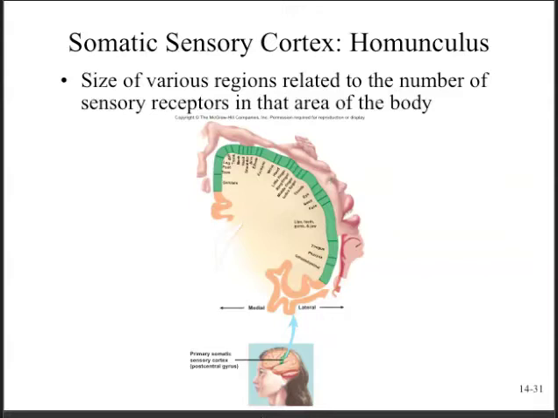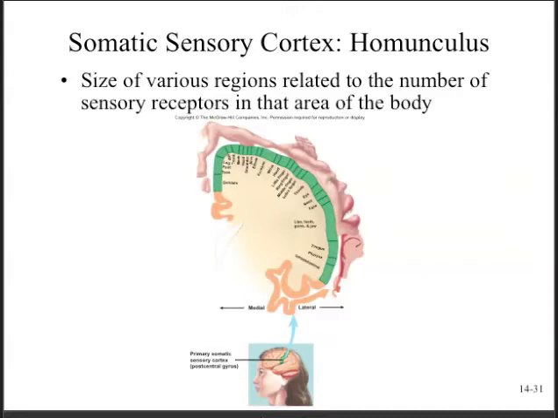And then the integration of all these stimuli presents essentially a concept in the brain, which is then routed to areas in the frontal lobe where we decide what it is that we want to do about these pieces